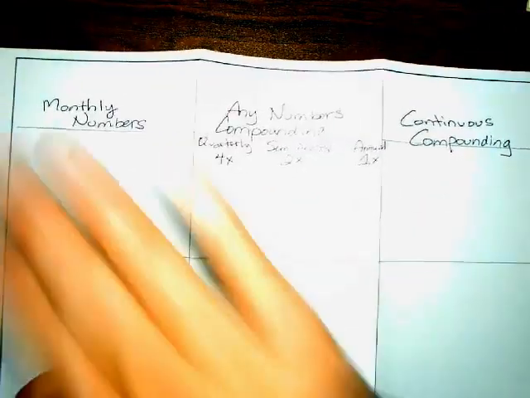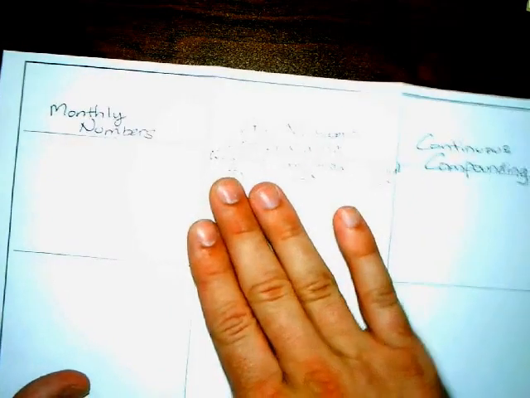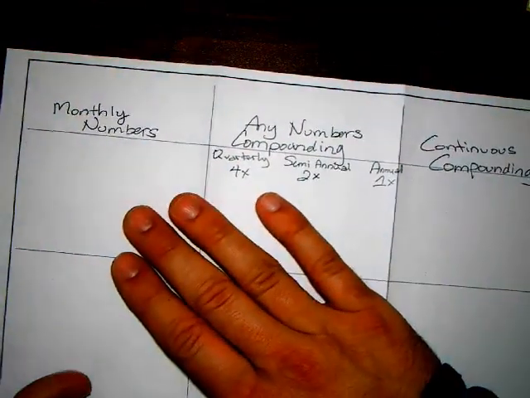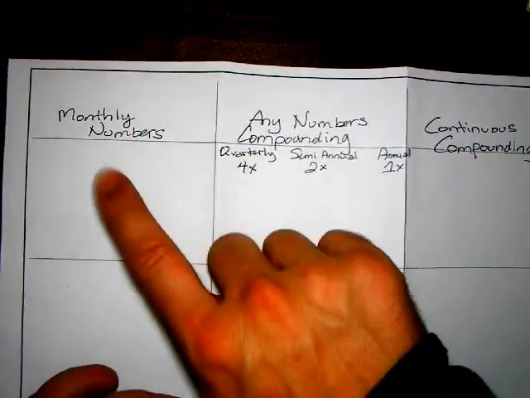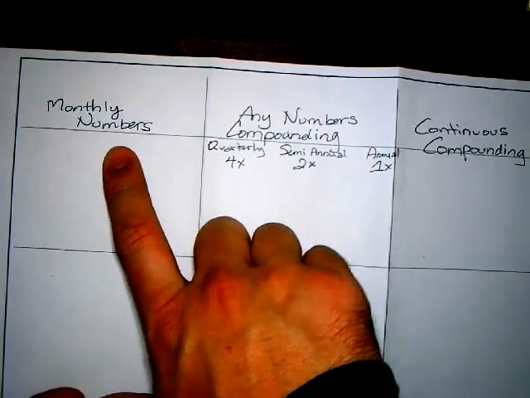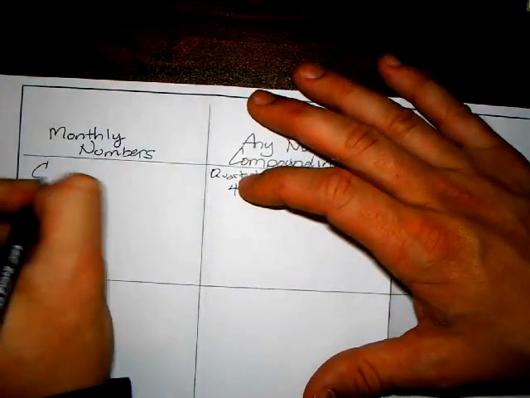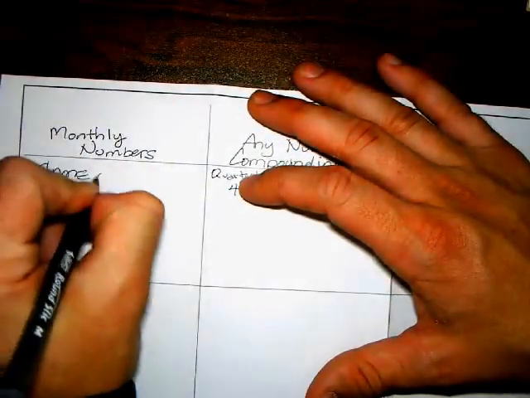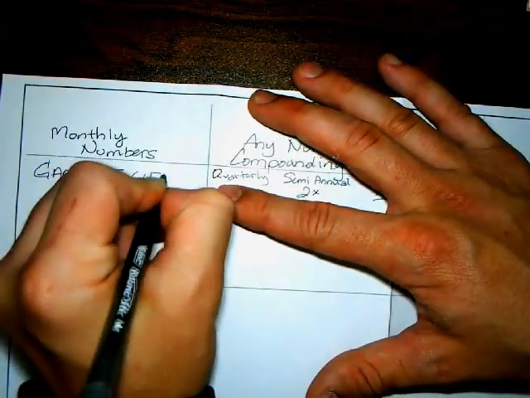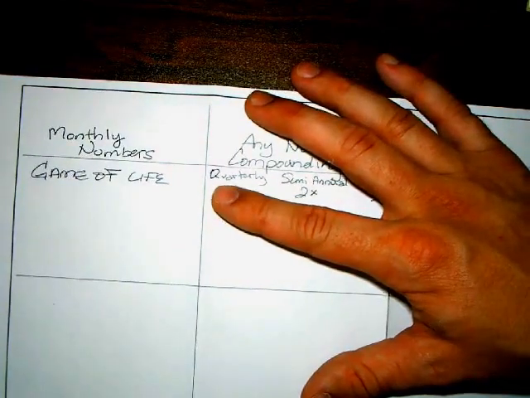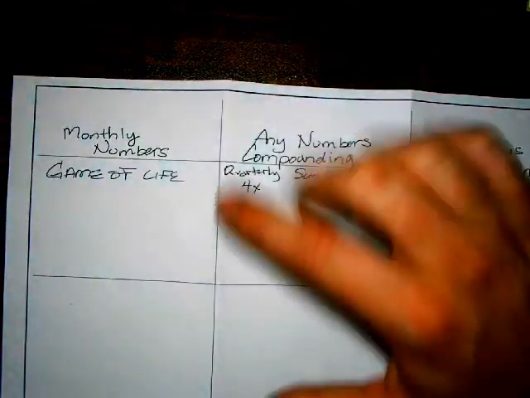Alrighty. And here we go. We have all three different types of accounts. We have the monthly numbers. And you'll want to label this one Game of Life, right? This is the one that we've been working on all week. Game of Life. Okay. We were using the formula